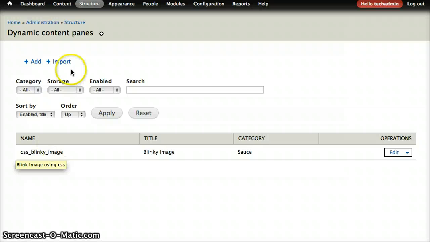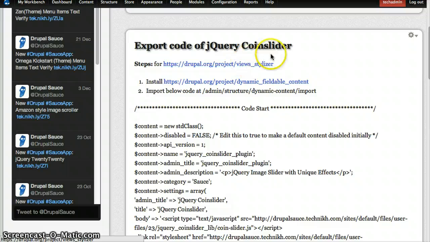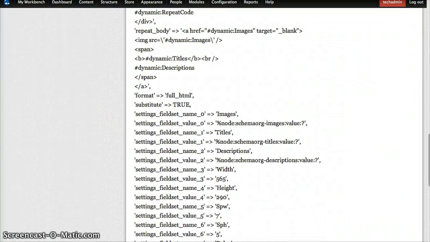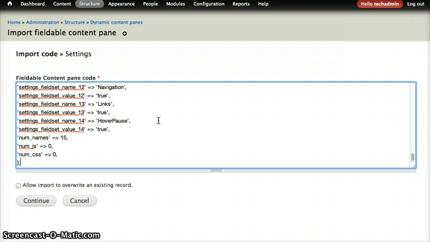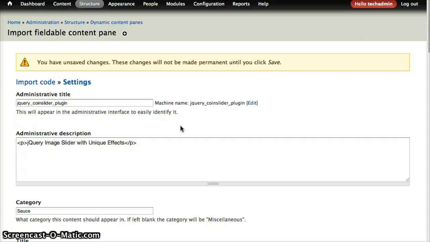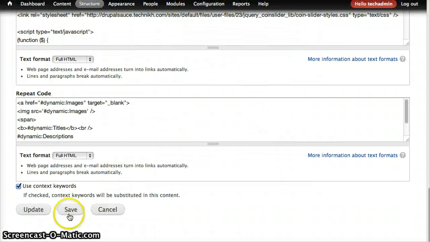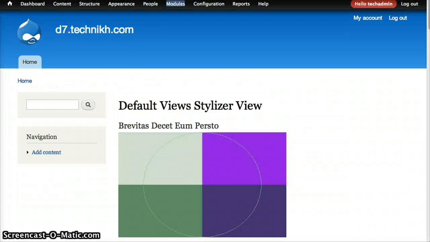Now we want to import the jQuery coin slider plugin. So let me copy the code and paste it here to be imported. Continue. So now that this is imported, I have to save it into the site. So now that I saved it, if I go back to my default view,